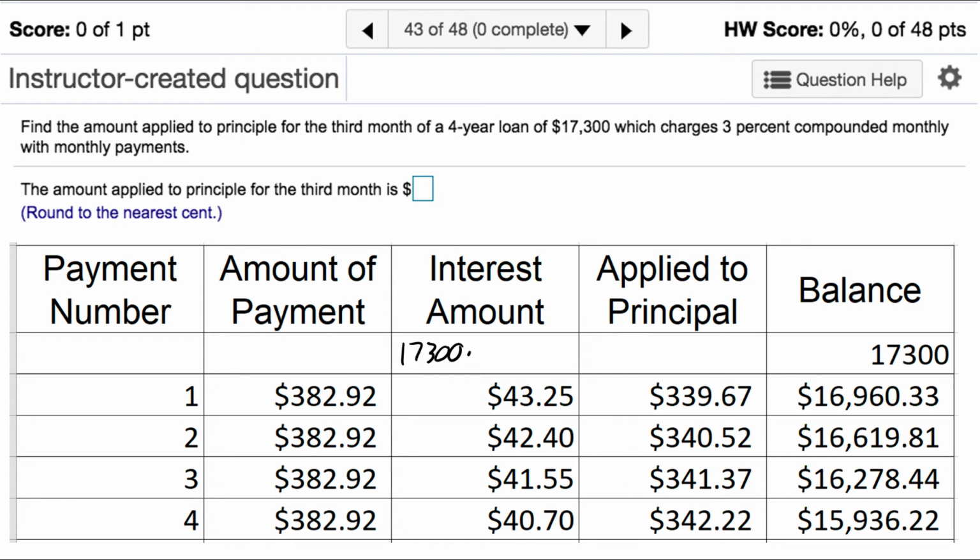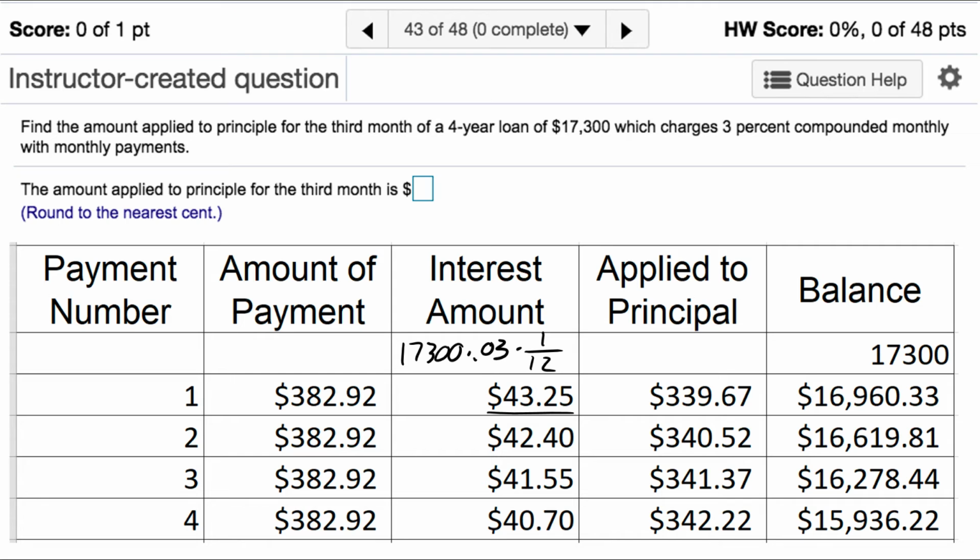Then to find the interest amount, we take our balance, $17,300, times the interest rate, which is 3%, 0.03, times time. Now, in the last problem, time was 1/2 because payments were being made semi-annually, so each payment got half the interest rate for the year. Now that we're making payments monthly, each payment will be charged 1/12 of the interest rate per year. So 17,300 times 0.03 times 1/12 is going to give us